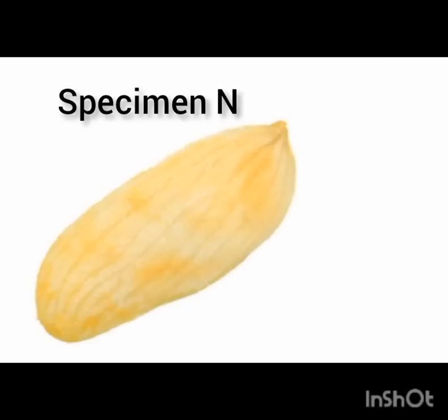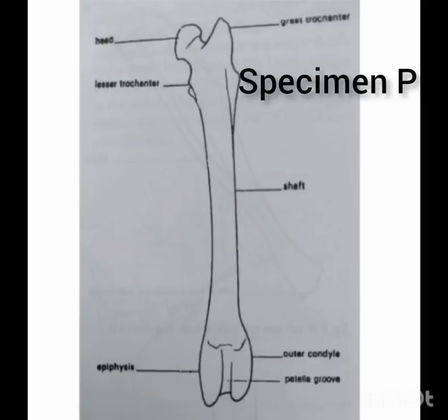It belongs to the class of fruits called the drupe. So that is the information about it. The next specimen is the bone of the femur. We all know what the femur is. That is the bone of the leg